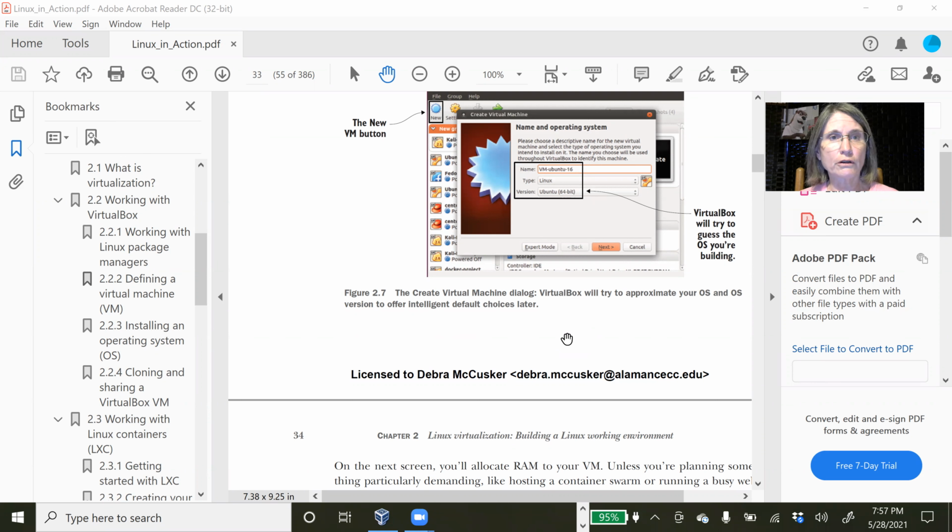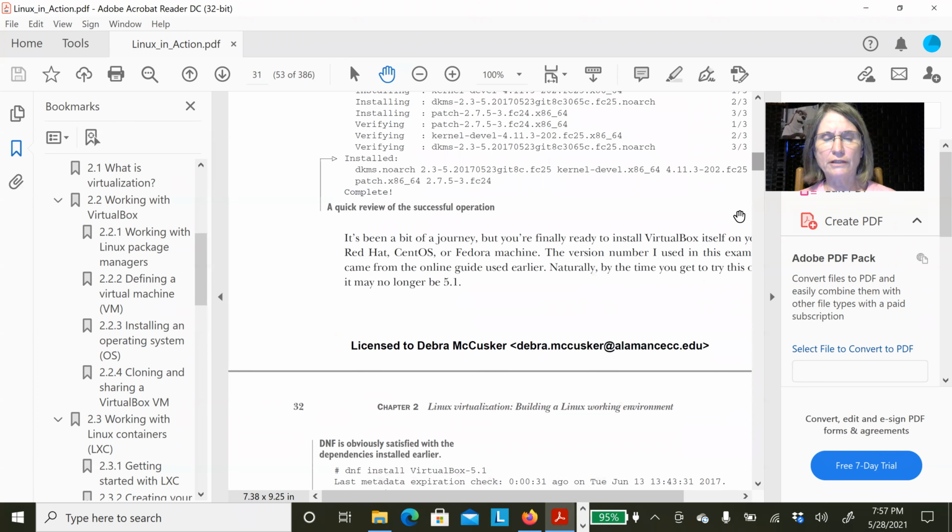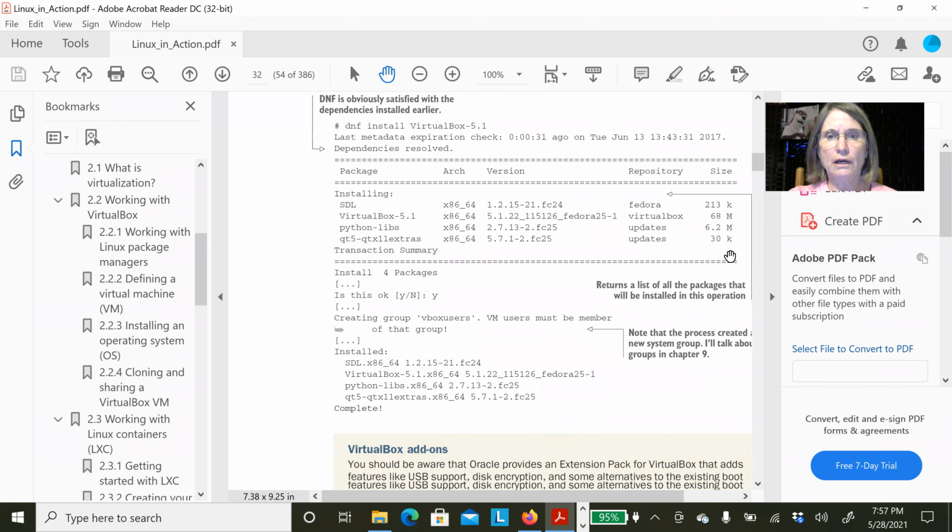Let's refer to the Linux in Action reference material, and we can see that there is an image of the VirtualBox environment, and you can follow along in that text to